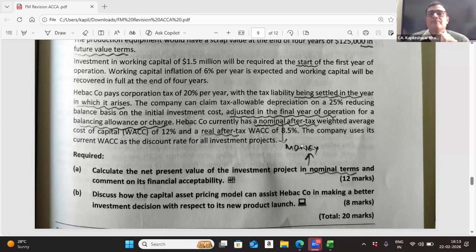That's absolutely correct. I think the hint is towards making a mention that the company is entering into a new product launch. So you need to be careful about whether we need a risk adjusted discount rate or not. Because CAPM model will help you to get an adjusted equity risk factor. What we were discussing yesterday in terms of the 3-step: you ungear, get an asset beta, then you regear and you get an equity beta, and then you apply a CAPM model in terms of calculating a risk adjusted